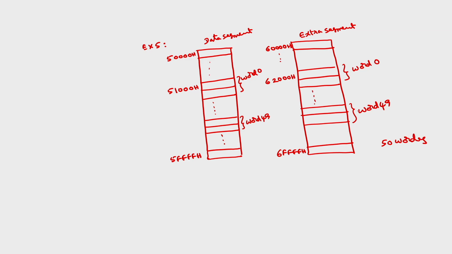You take the 16-bit data and compare it with the 16-bit data. Similarly, you go for the next 16-bit data and compare. Like that, you go on comparing these 16-bit words of source and destination. So, when do we stop? Whenever the end of the array is reached, this will be 51063H, and this one will be 62063H.